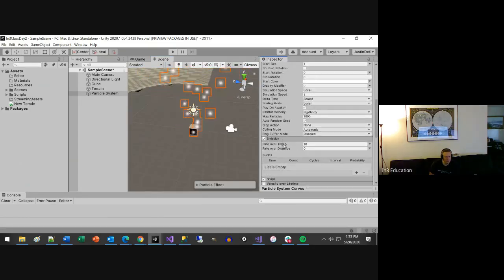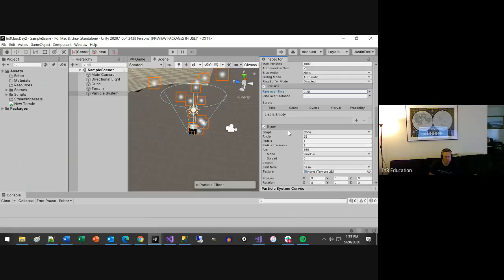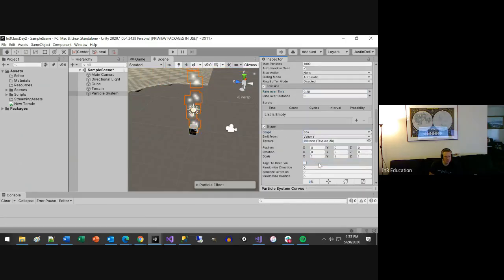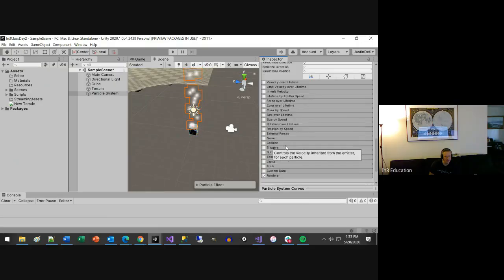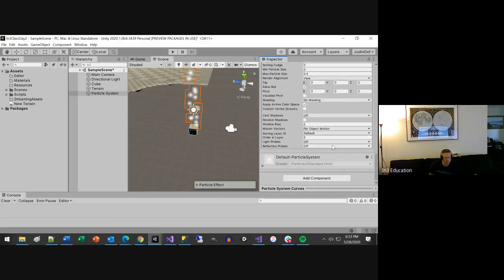The emissions rate, the shape. You know, if you want it to go as a cone or if you want it to go as a box, that's how you do that. You can change the image as well. Right now we're rendering these little spheres. I guess they look like lights. But if we wanted to change it to something else,